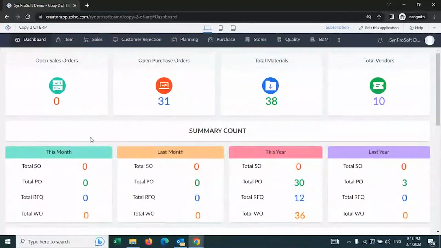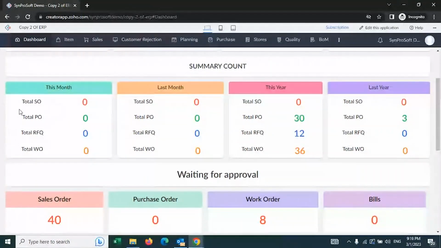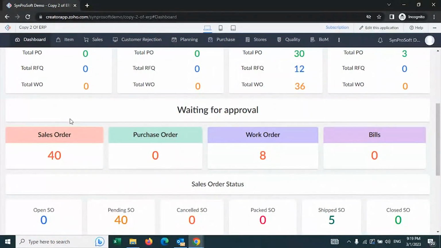Now, this is the admin dashboard. Therefore, you will get to see a lot of inputs here, starting with sale order, purchase order, number of materials or items available, number of suppliers configured in the system, and then some of the comparative numbers between this year and last year, along with this month and last month. And as I just mentioned, the entire approval workflow. What are the workflows that get triggered at various stages? Where is it pending for approval? As you click each of the numbers, you will get to see the drill down options as well.